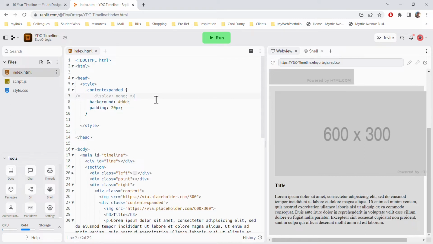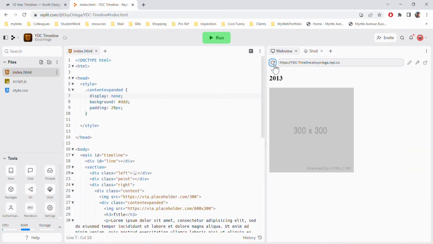And then by default, we should hide it. It should be set to display none. So let's try that again. There you go. We have the year, the point's there, it's just not visible. And we have the square image. We don't see the expanded view because the expanded view is hidden, but it does have a background color and